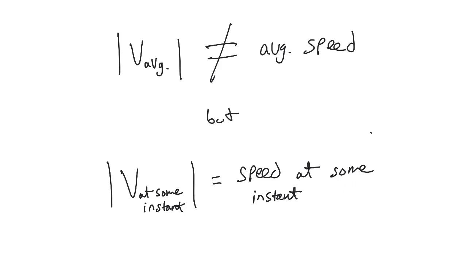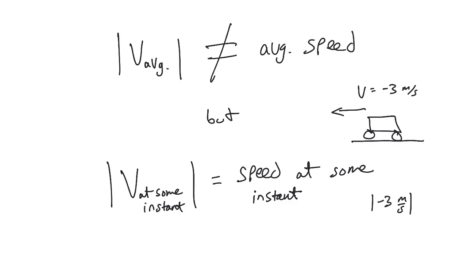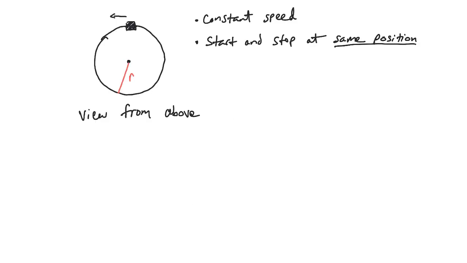And really all that means is, here's a car, just draw it out here. And let's say you're traveling in one dimension and you have a velocity of -3 meters per second, which means, of course, you're traveling in the negative direction. If you take the absolute value of -3 meters per second at this moment in time, then you get 3 meters per second, which would be your instantaneous speed. Okay, so watch out for that when you're working with average quantities.